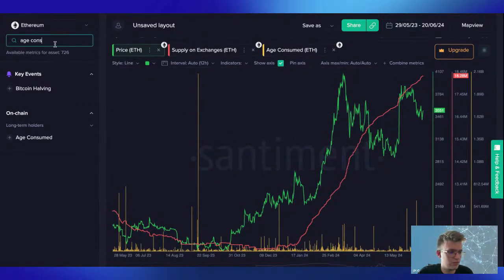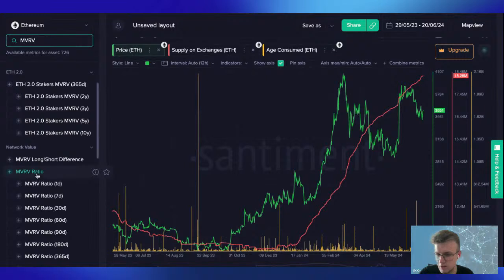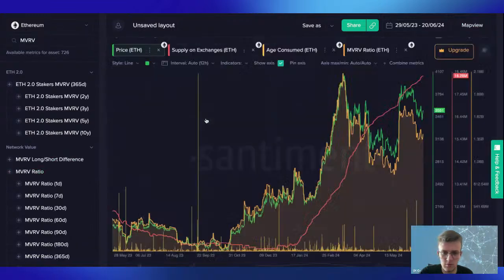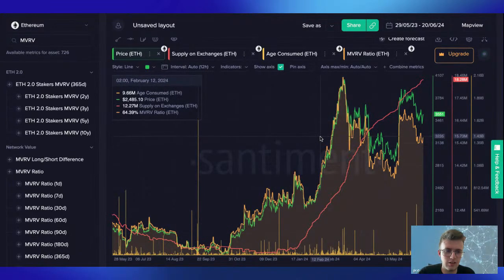And I think the next metric at which we can look is MVRV. I will just put the yearly MVRV, so it just shows a more general picture. Basically, once more, it's market capitalization divided by realized capitalization. So it shows the ratio between the current price and the average acquisition price of every coin.